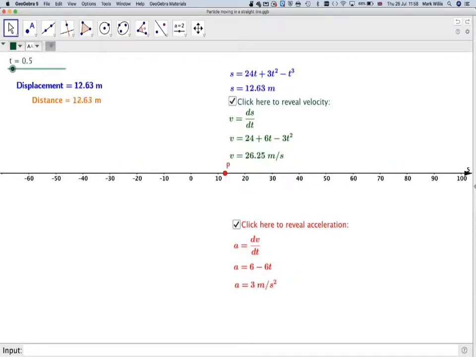Just to repeat that again. It starts at 0, it goes along, its acceleration is getting lower, so it starts to slow down, and then it gets to 80, where the acceleration will make the velocity equal to 0, and then the particle will move backwards, getting faster because both the velocity and the acceleration are in the negative direction. This has been a video to show you how a particle moves